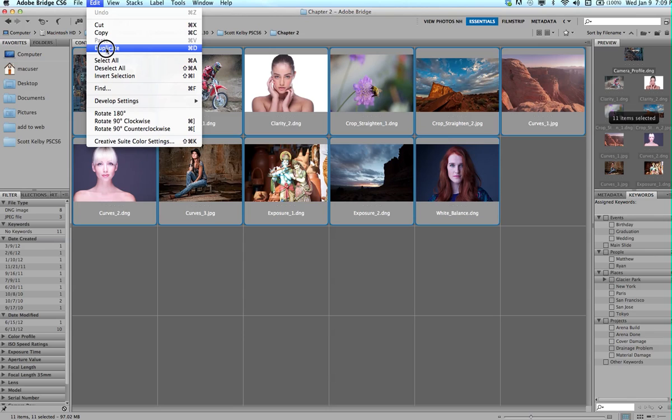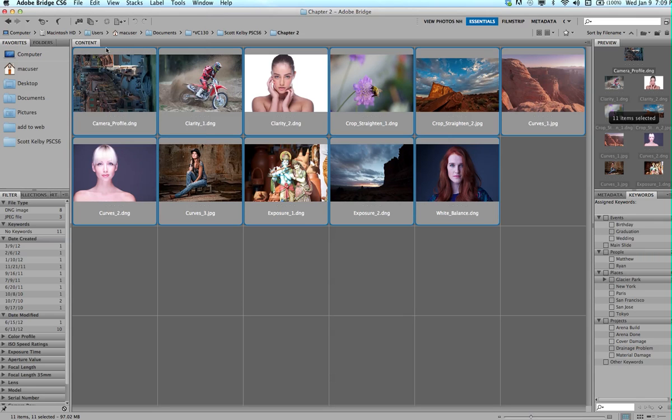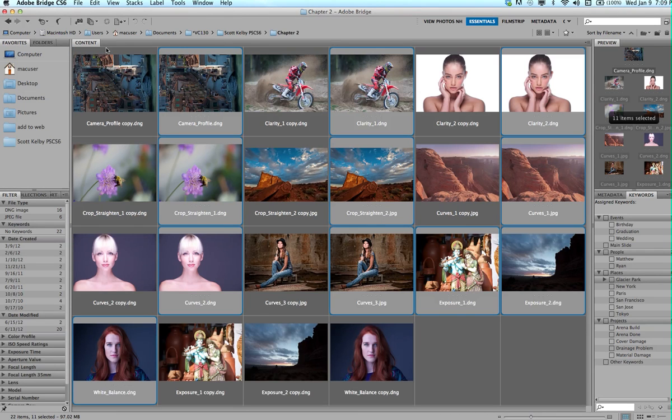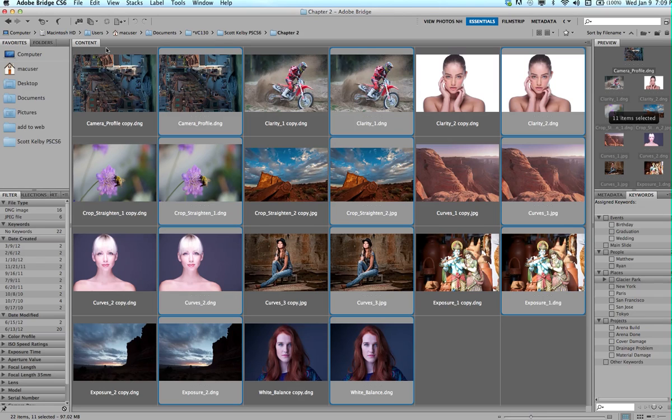Click on the first image, hold down your Shift key, click on the last image, go up to Edit menu and choose Duplicate. Adobe Bridge duplicates those files, and as you can see, some of them are still selected. The ones that aren't selected are the ones that are copied, and those are the ones that you actually want to rename. So one thing we can do